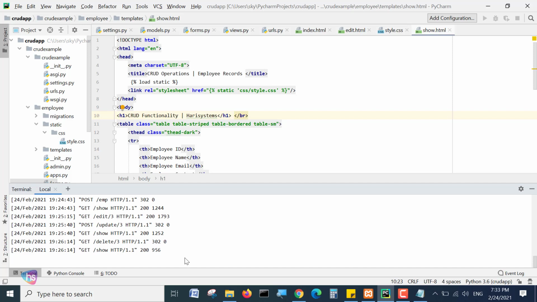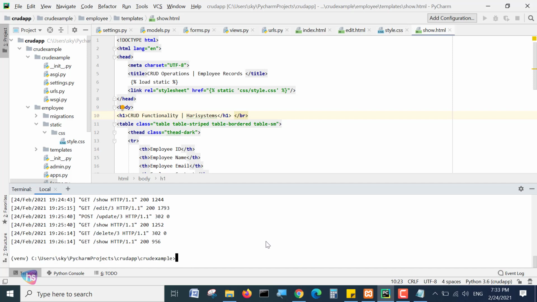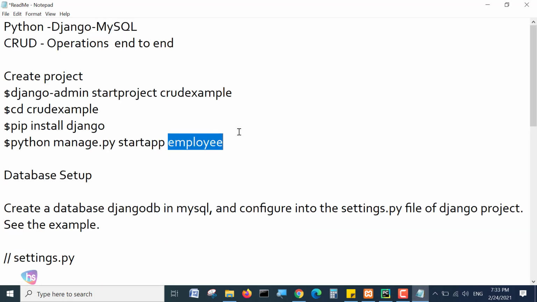I'll terminate the execution that is going on. I have shown you the demo, so I have terminated. Now see this terminal prompt. You have to hit the command pip install Django, see here, and hit enter. Once you hit enter, if the system is connected to the internet, this will automatically install the Django framework. All the commands are similar.